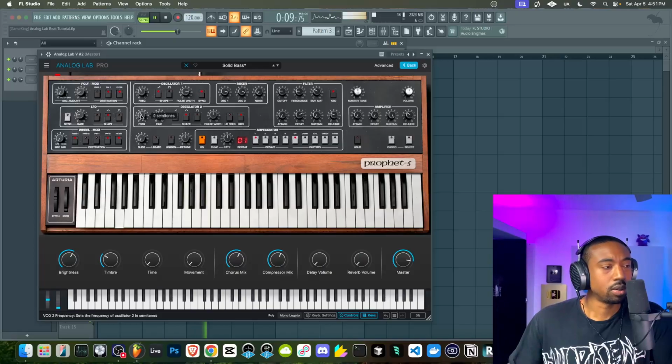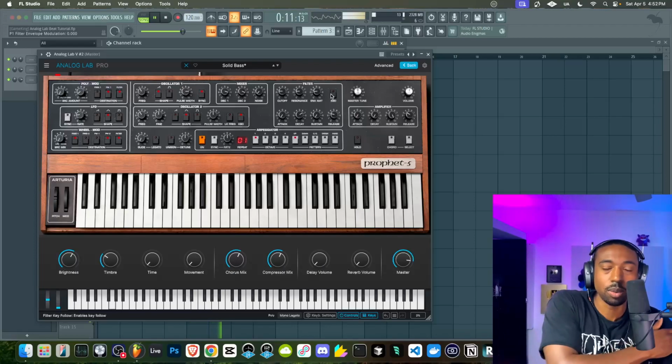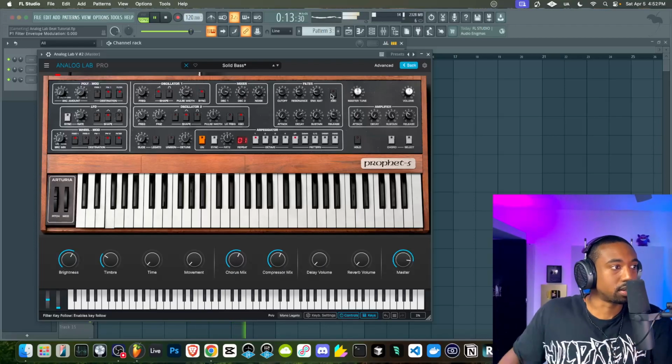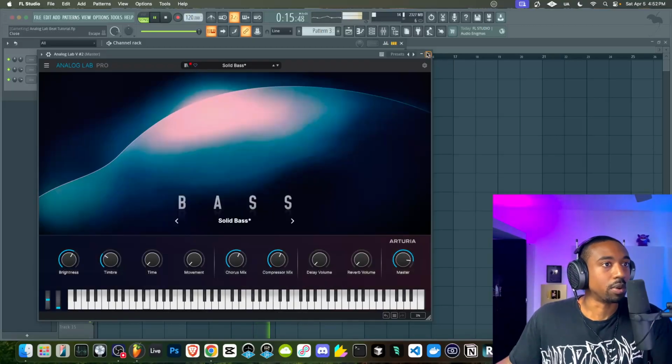Now we're getting a more clean tone as opposed to this bitey tone. Take it off keyboard tracking. So again, if you want to tweak sounds, you guys can always go inside the plugin, is my point here. I don't want to focus on that too much.